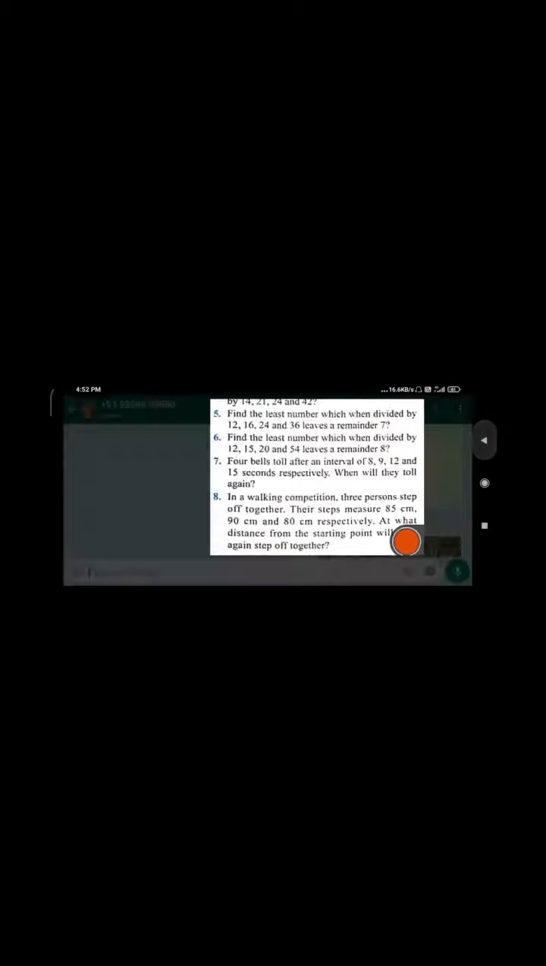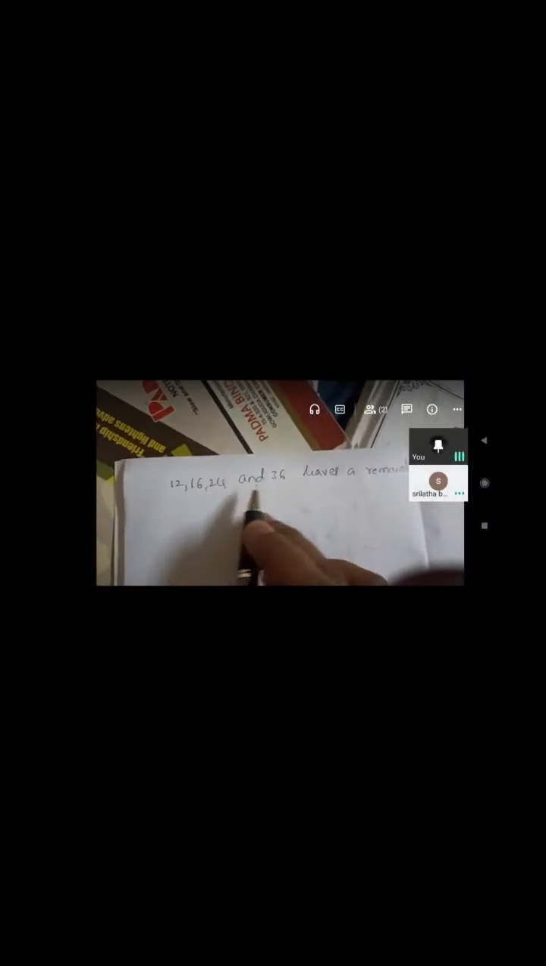Leaves a remainder 7. Is it clear? Find out the LCM for all of these, and then the one which leaves a remainder 7. That finally will get one answer. LCM. Okay, find a least number